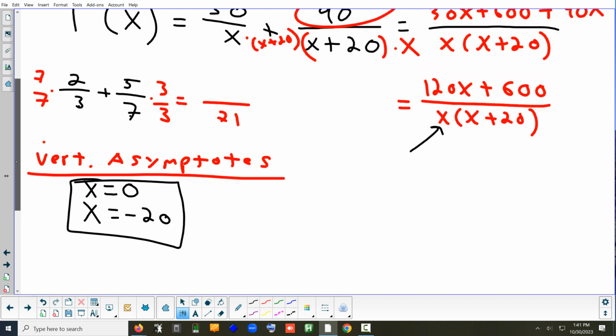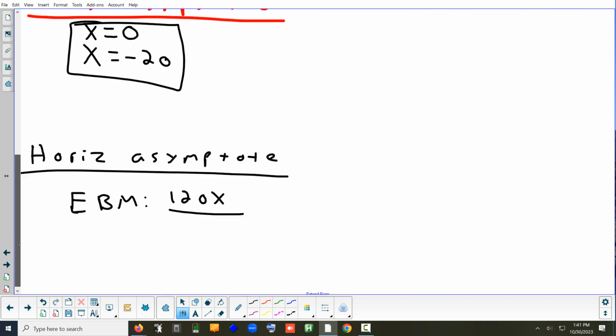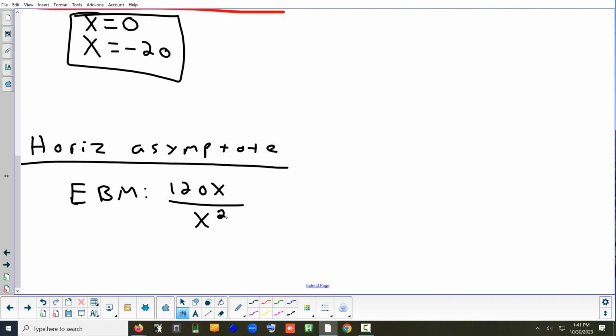Now be careful with the bottom. The highest degree term in the bottom would be if you had this all distributed out. What would be the highest degree term in the bottom? Squares. It would be x squared if you distribute the x out. Okay, so the highest degree term in the bottom is x squared. And what does that leave me with for an EBM when I reduce it as much as I can? 120 over x. Okay, so there's your EBM,